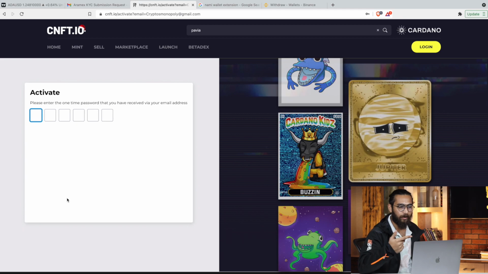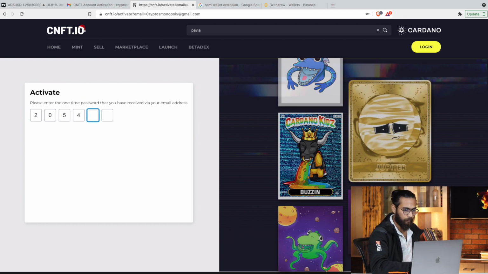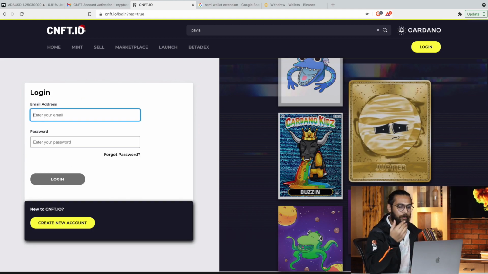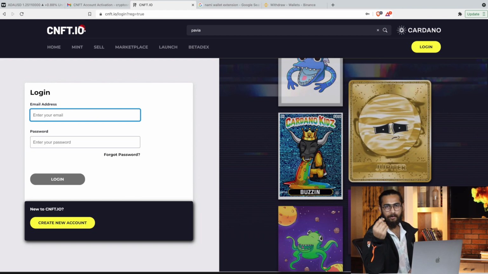They will ask you for a one-time password, which will be received on the email address you just put in to sign up. Enter that OTP here, and after you are done entering, your registration will be successful. Now you can log in to your account.